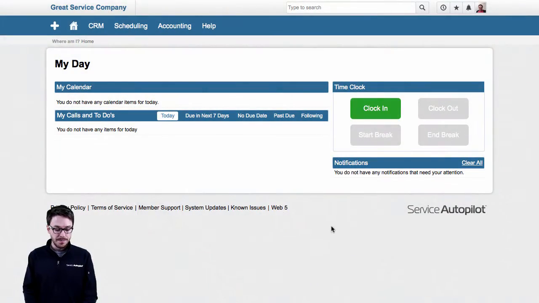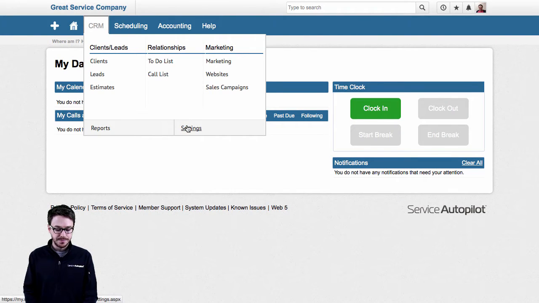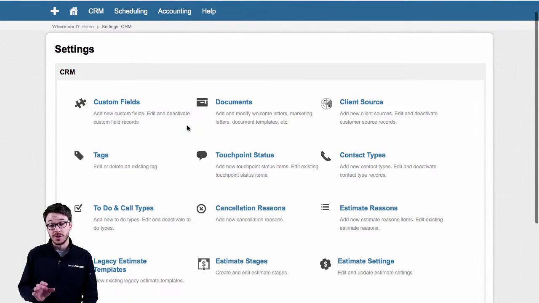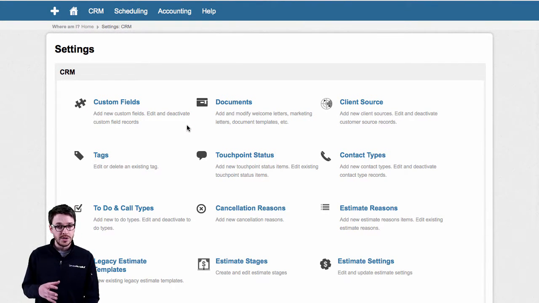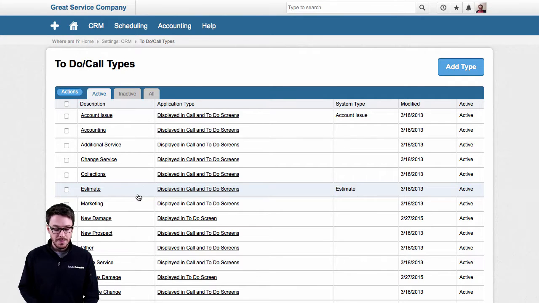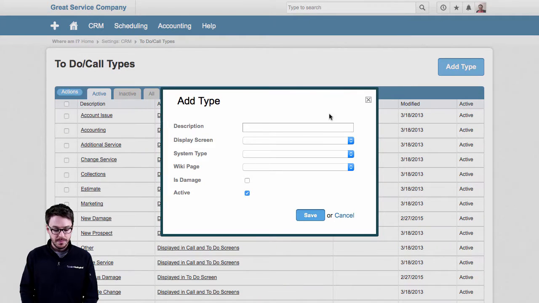So from here, from my home page, I'll go to my CRM settings. And like I said before, damage cases are a specific to-do type, so anything related to them will be found in to-do menus. So we're going to select the to-do and call type option here. And I've already got one in my system, but I'm going to create another one just to show you how it's done. So from here, I'm going to add a type, and we'll call this